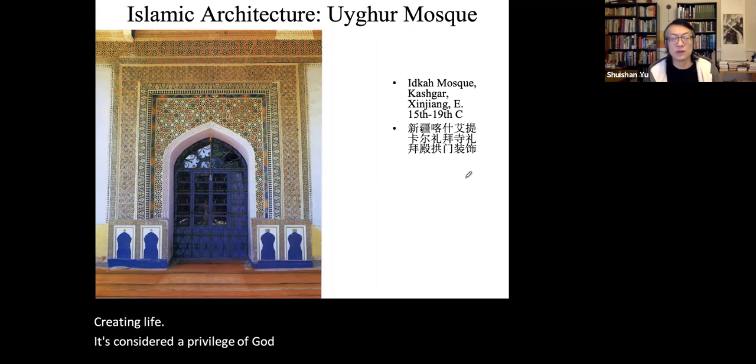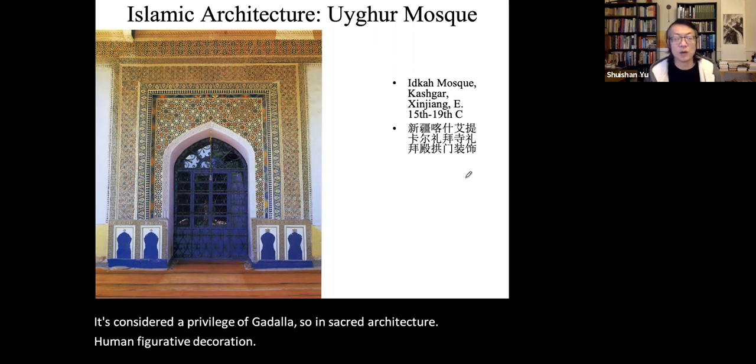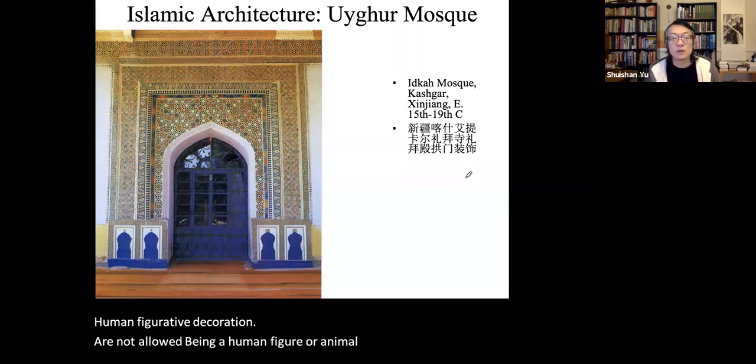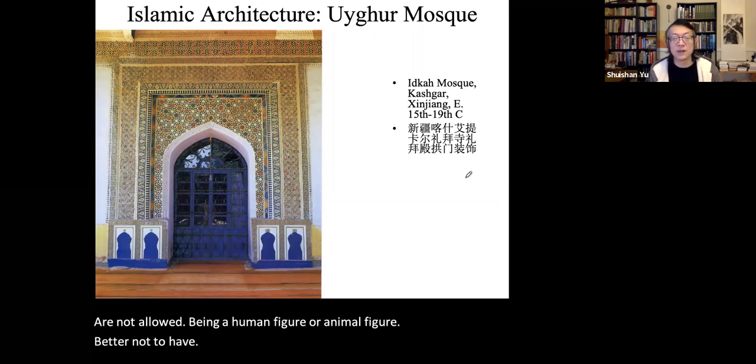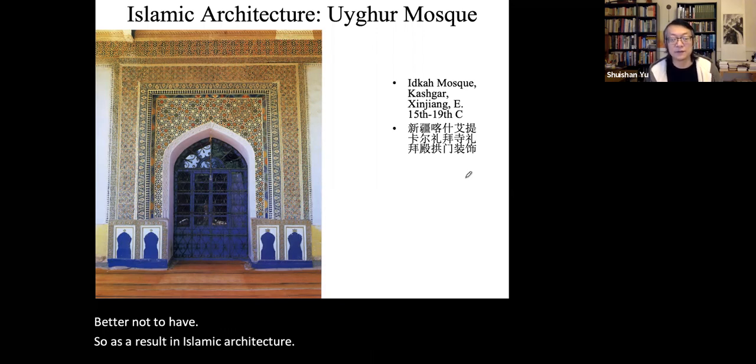So in sacred architecture, human figurative decoration is not allowed, be it human figure or animal figure. Better not to have. So as a result, in Islamic architecture, the creative energy was